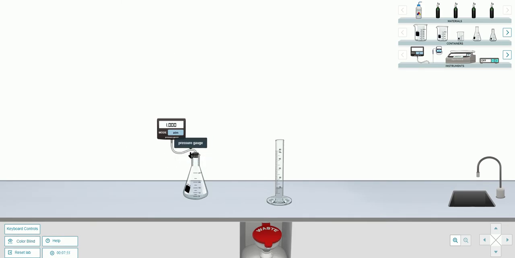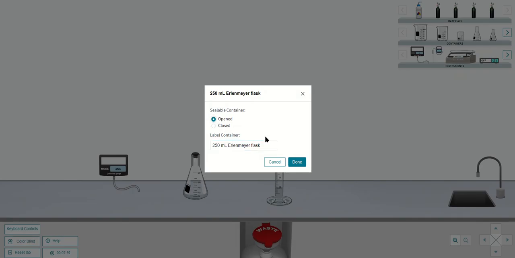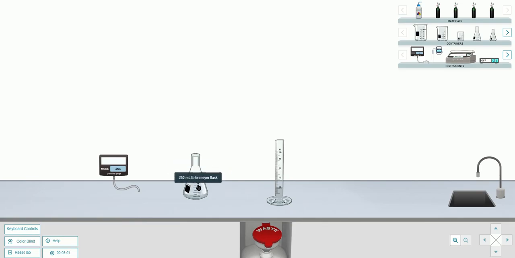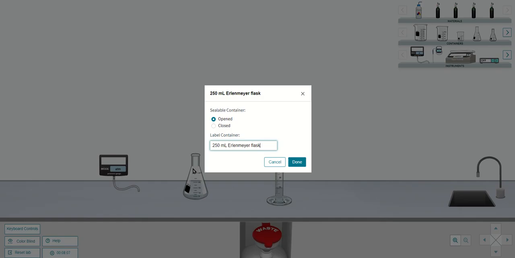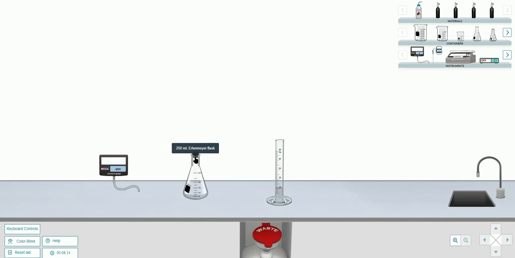I went ahead and did that. So let's talk about how I assembled this and how you get here. You bring over your 250 ml flask. That's what I did. And then to seal it, to close it, I double click it and then click close, and you'll see that it has the little stopper now, so it's fully sealed. And then you can add in your pressure gauge,